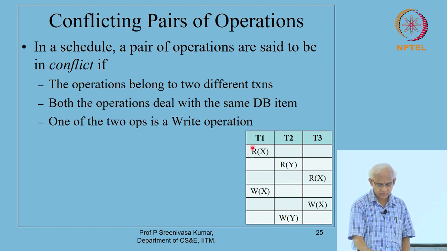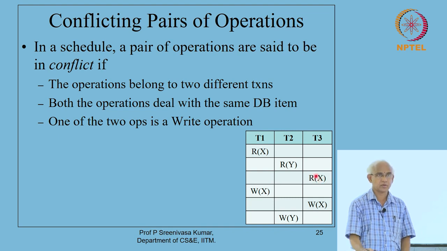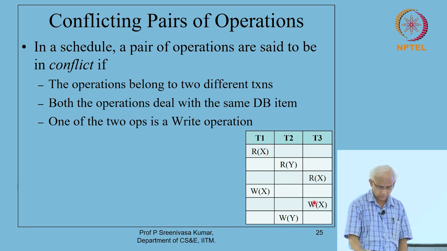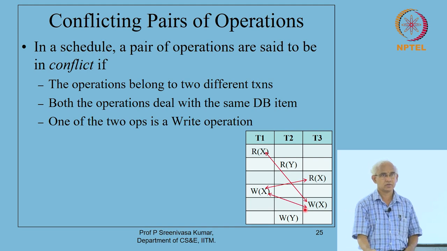So R1x doesn't conflict with this R3x, because both of them are read operations. One of them has to be a write operation. So Rx conflicts with Wx. You can see Rx conflicts with Wx, and this Rx conflicts with that Wx, because they are both referring to the same item, one of them is a write operation, and they belong to two different transactions. Same is the case with this Wx and this. There are three pairs of conflicting operations here